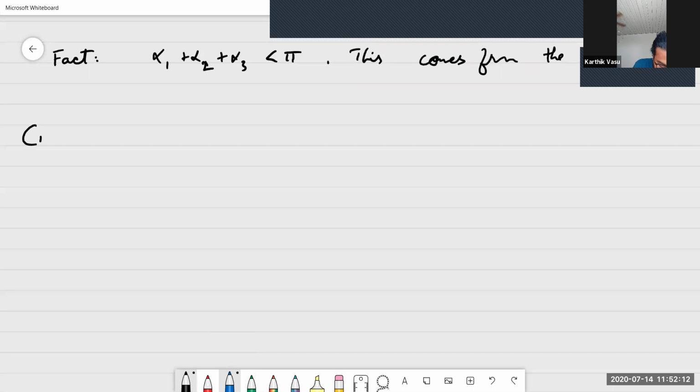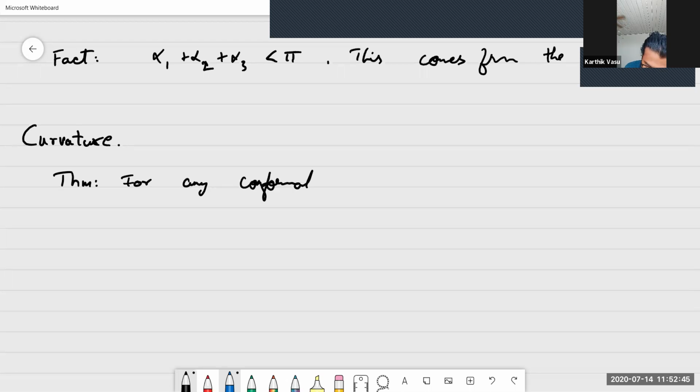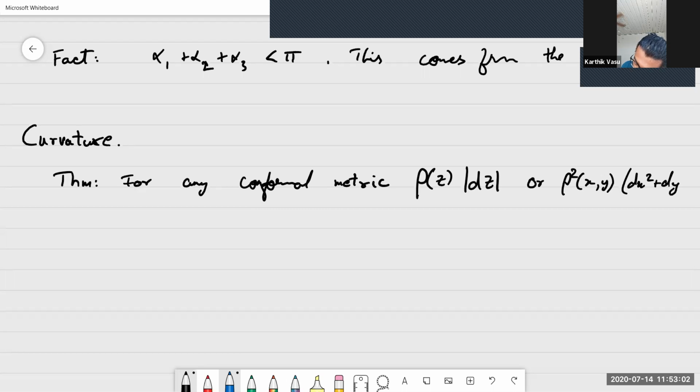So now curvature. Curvature is defined in normal textbooks in differential geometry. The Gaussian curvature has some very weird formula involving the first fundamental form. But there is also a nicer form when our metric is like this. So for any conformal metric, that is metrics of this form on R2 or whatever subset of R2, the Gaussian curvature